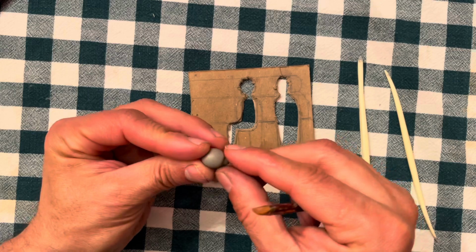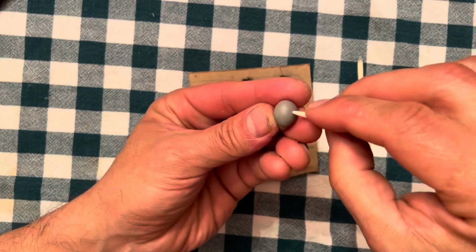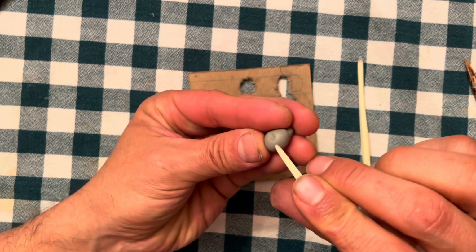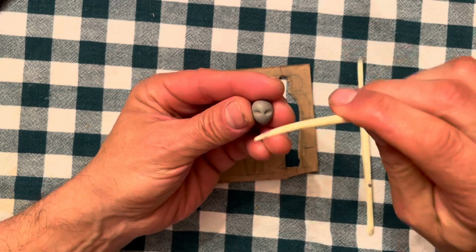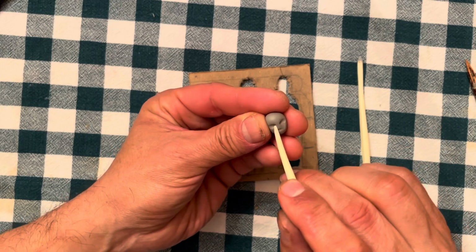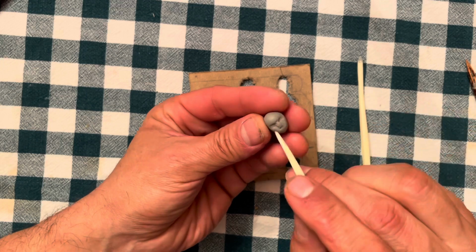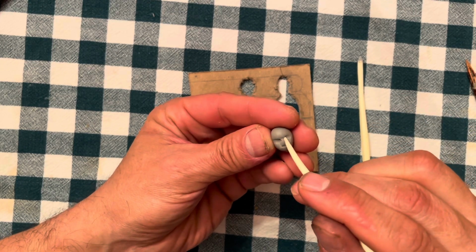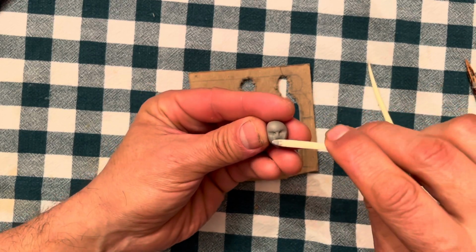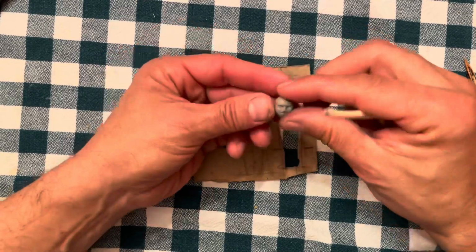Here I am already starting to make the impressions of where the eyes go using the small sculpting tool by poking, making round impressions here, and keeping in mind that about halfway down the forehead is where the eyes go. About halfway further down, I start the impression of where the nose goes, and then I'm making further impressions around the cheeks, and developing the nose, and trying to flatten the nose a little, and constantly measuring it